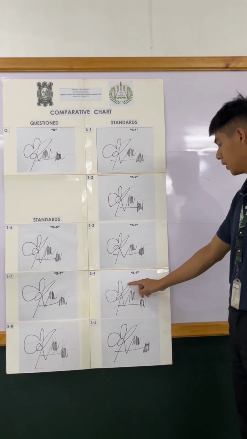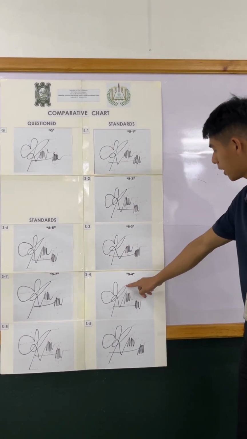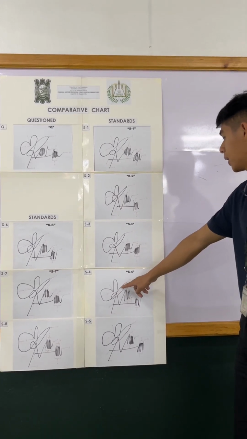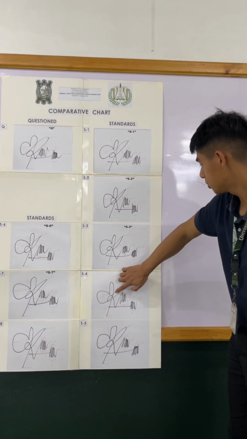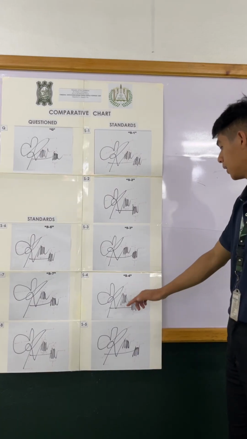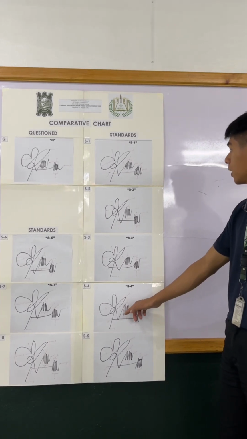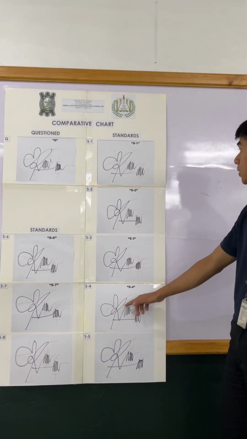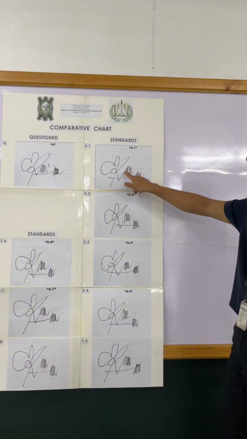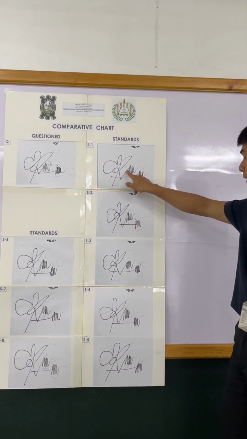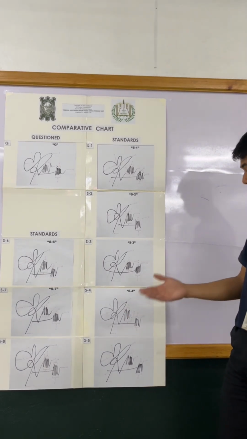And then here in the 5 characteristics, as you can see, the shoulders of the letter R appear to be in an angular formation because it is pointed to the right. And then here in stroke characteristic number 6, as you can compare in other signatures, for example, signature number 1, here in the standard number 1, it has the pen lift, and then here in the stroke characteristic number 6, it has no pen lift.